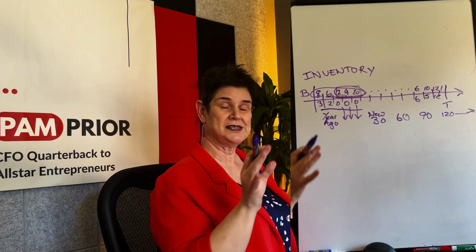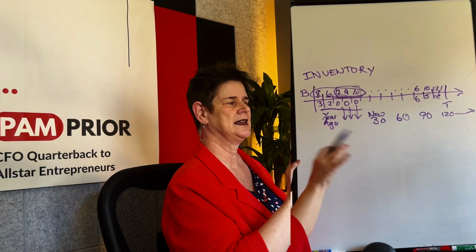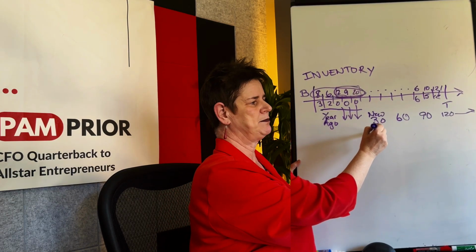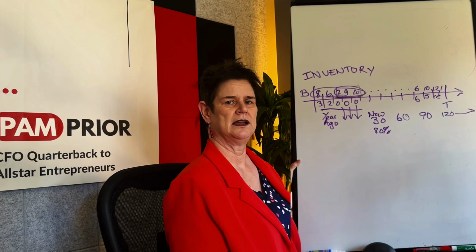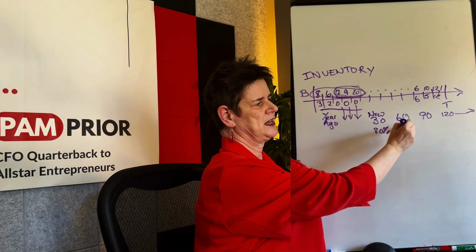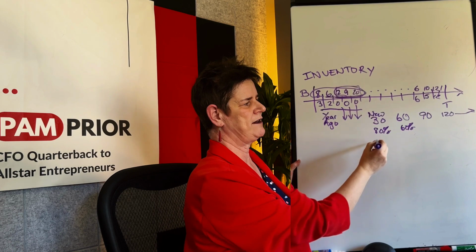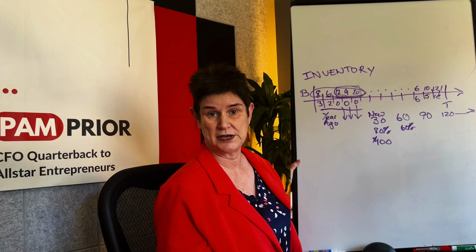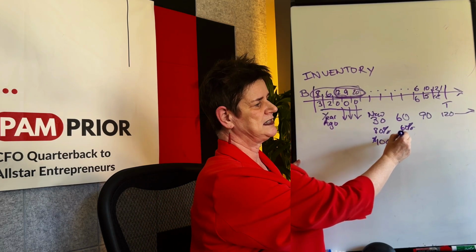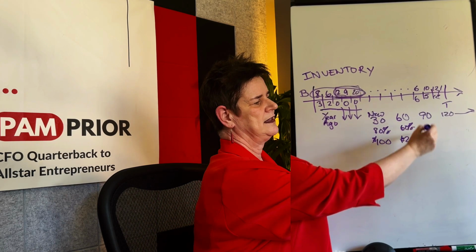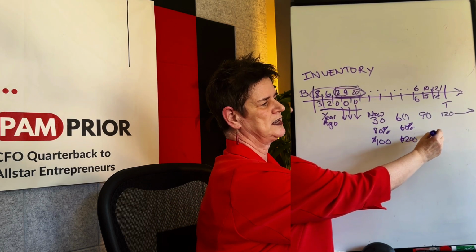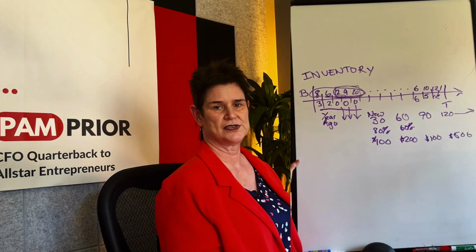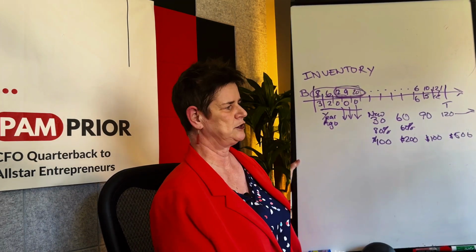And what they're going to do is lend you less and less as you move down the line. So, for example, they might lend you 80% of the value of this inventory, and they'll lend you 60% of the value of this inventory. So if you have 100 things that are 30, say it's worth 100,000, the stuff you have that's 30 days old. The stuff you have that's 60 days old is worth 200,000. The stuff you have that's 90 days old is worth another 100. And over 120, you have like $500,000 worth of stuff, or dollars, thousands of dollars. Take your pick.